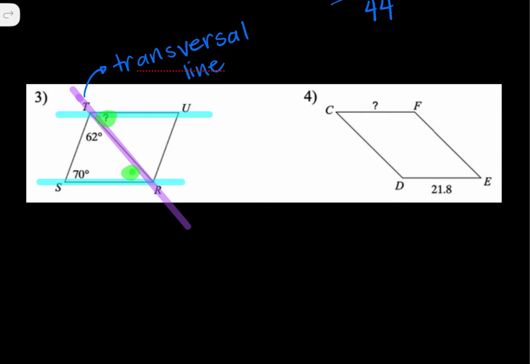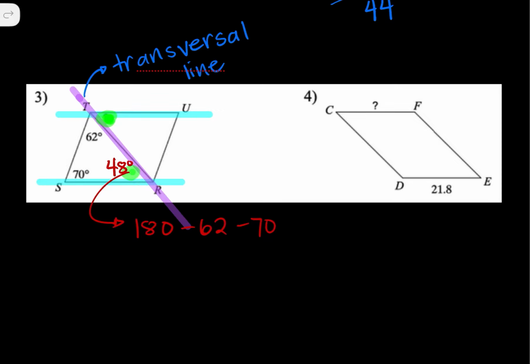Okay, so remember, the sum of the interior angles of a triangle is 180. So I could do 180 minus 62 minus 70. And whatever is left is the measure of the missing angle. And that should give us 48 degrees. Now, if that is 48 degrees, then this angle, the green angle, the missing angle, the question mark, will also